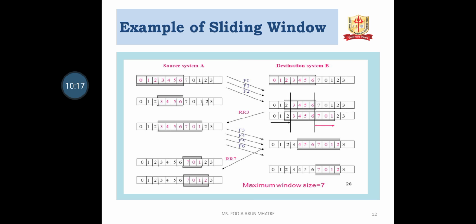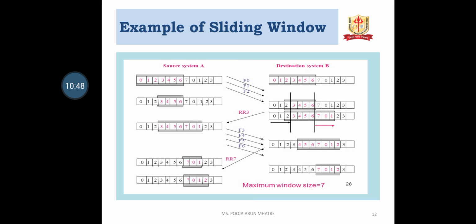When frames 0, 1, 2 are received by the destination, it sends an acknowledgement to retransmit from frame 3. That time the receiver knows that frame 3 was not received by the destination, so from frame 3 onward, up to the max size of 7 frames, are retransmitted to the receiver.